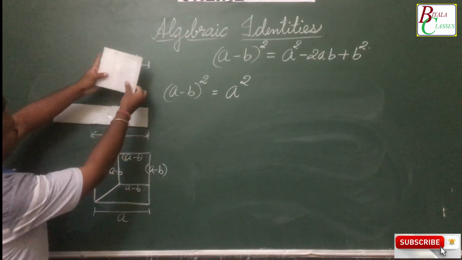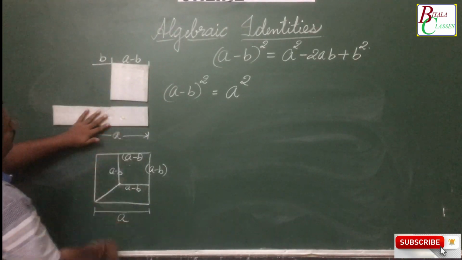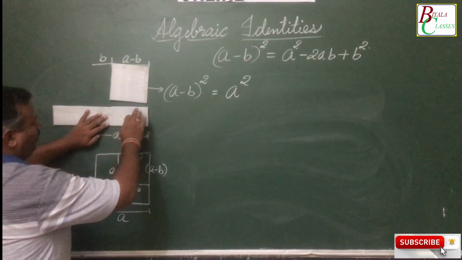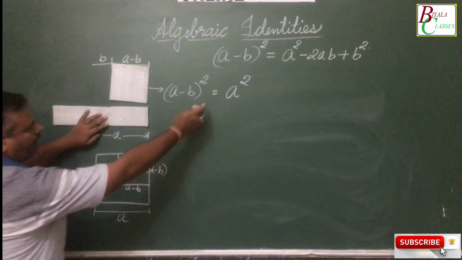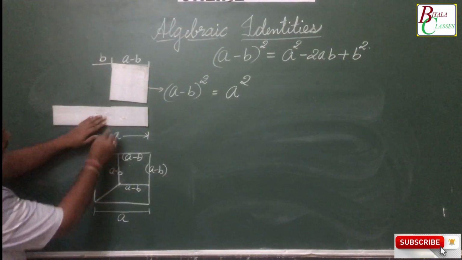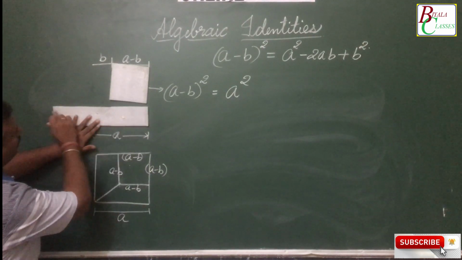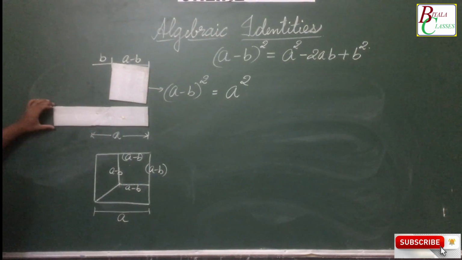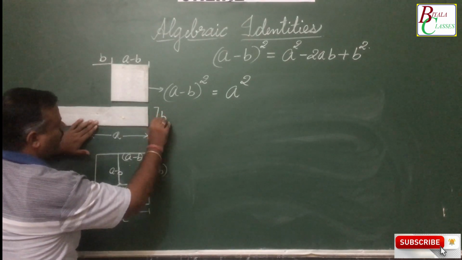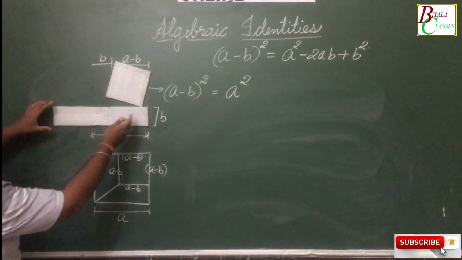So as you can see, this which is left over is the square which represents A minus B whole square. Now from the whole area, that is A square, if I remove this part, this is what I had. I have divided it into two parts, and this part I have placed like this, so that we get a complete rectangle. Now in this rectangle, what is the width of this? It is B. Now what is the whole length of it?